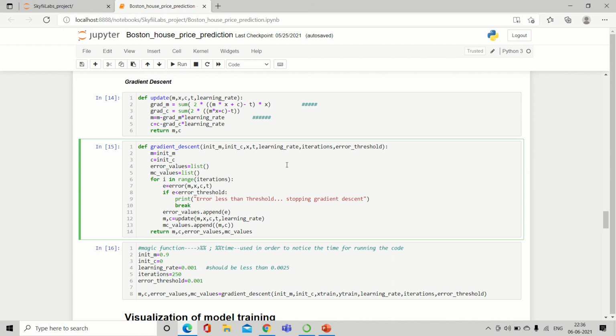So init_m is the initial value of m, init_c is the initial value of c, x is the training data set, and t is the target values. Learning rate is the rate of learning, and iterations are nothing but the number of iterations. Error threshold is how much error we want, how much is the acceptable error.